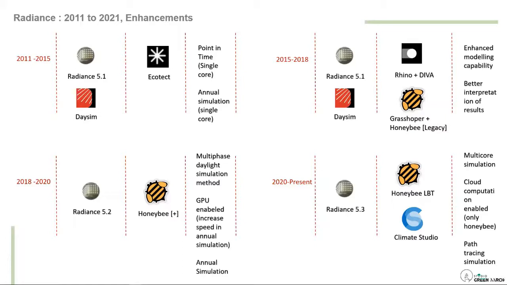For example, a company is doing a daylighting simulation project and they are using Radiance 5.2. And you take that model and simulate it again in Radiance 5.3. There will be a little bit of difference between these two results. It doesn't mean that this is wrong. I can explain why that is different, because Radiance does a stochastic, I guess the spelling is stochastic, simulation, where it uses an algorithm which changes with each simulation. No single simulation is the same with Radiance. It will change a little bit, right? So it is very important to understand what is going on behind the screen.